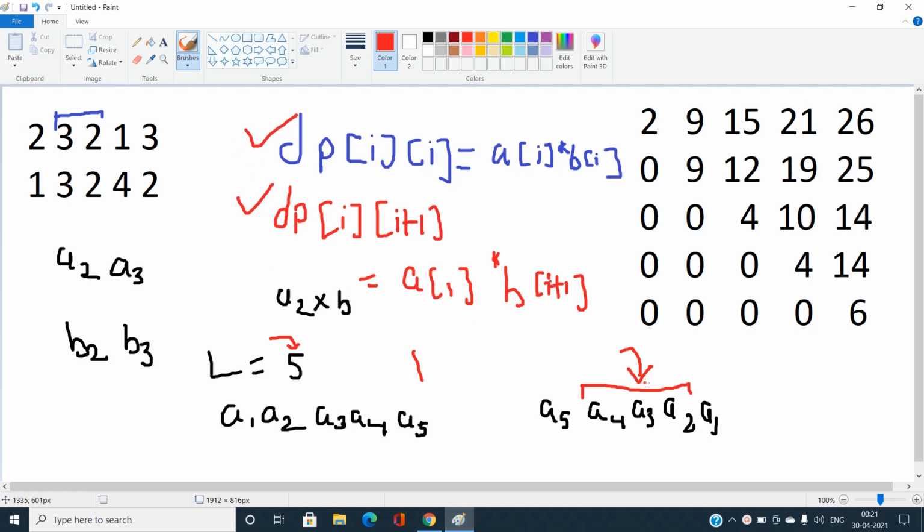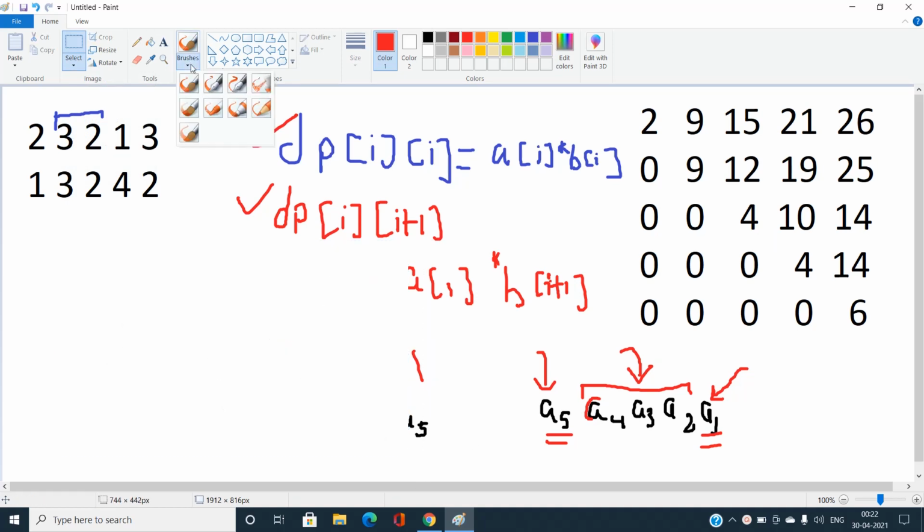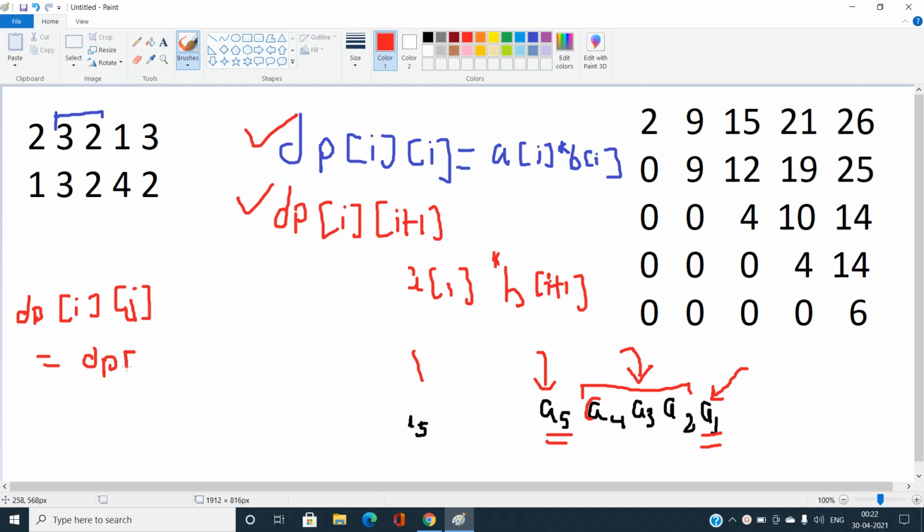The main thing that you should think is that we have already found this subarray of length equal to 3, and what matters is the ending ones, a5 and a1, and you can easily see these values are going to be only swapped. So for every value of dp of i, j for length equal to 5, I can easily answer that. Let me erase this one, and I'm going to write down one dp relation for dp of i, j. For a particular length, it must be equal to dp of i plus 1, j minus 1. That is, we are just removing the extreme ones, and we have already found this value, plus